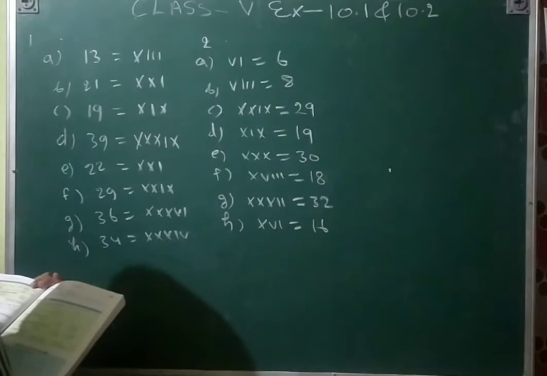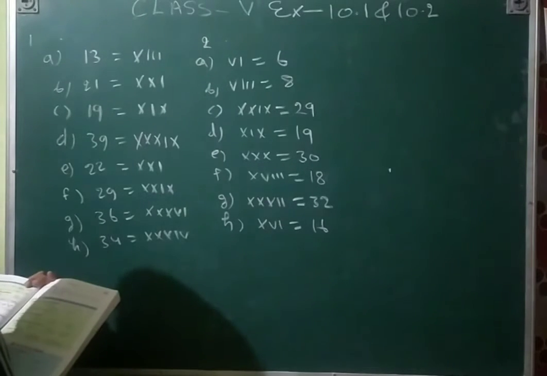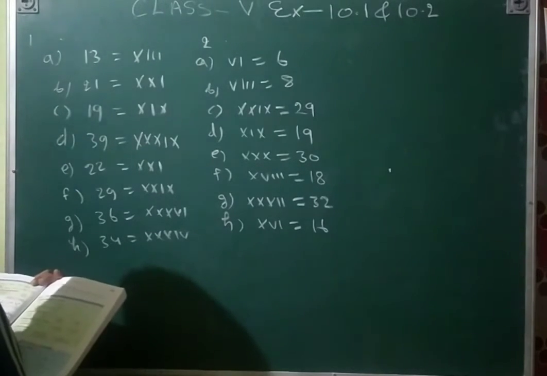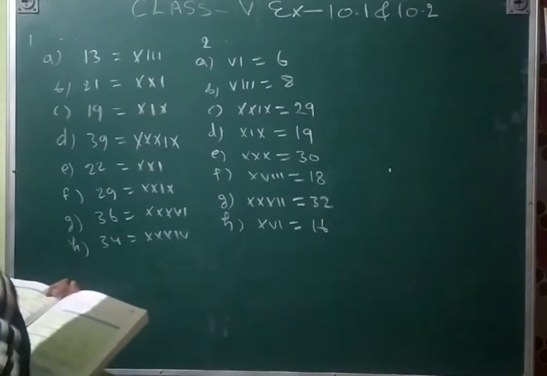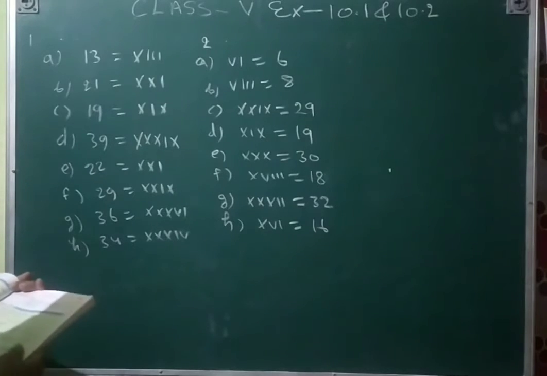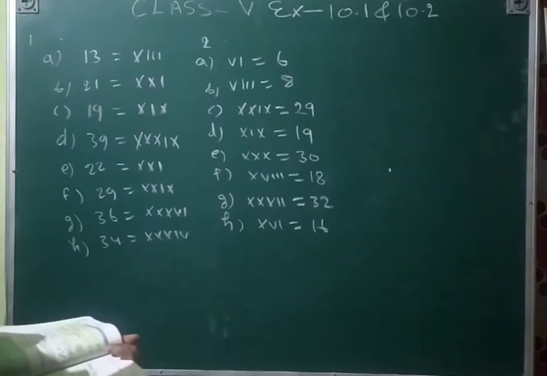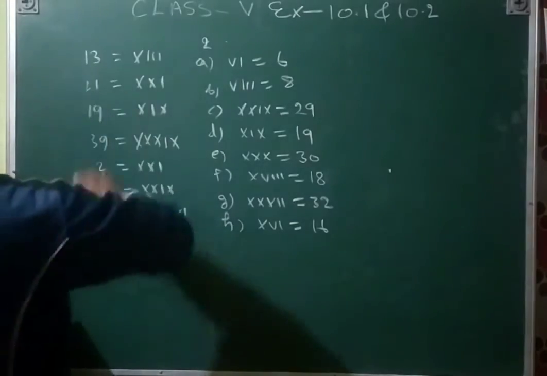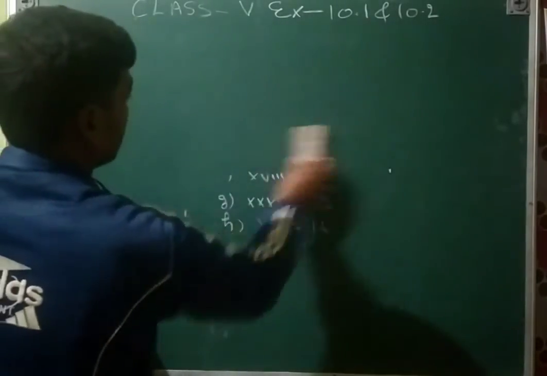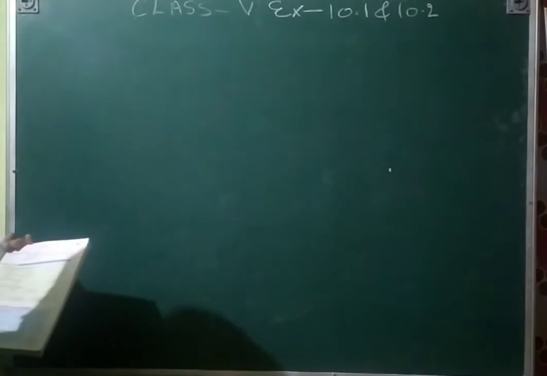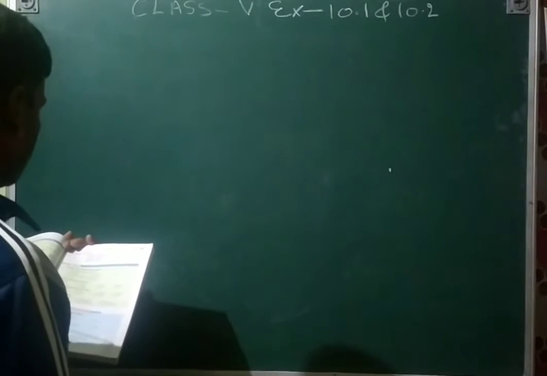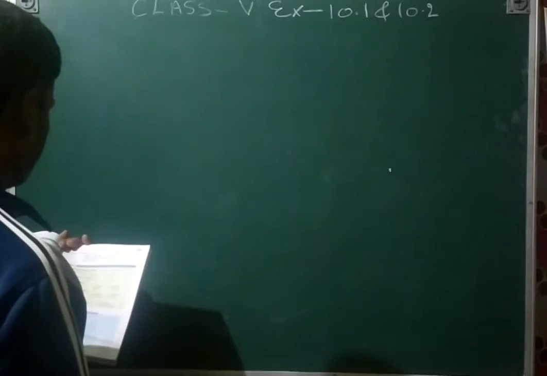In the first box, that is 20 plus 8, 28, yes, right. B, that is 30 plus 4, that is wrong. C, that is 20 plus 6, right, and D, that is 30, wrong. It means A and C are right and B and D are wrong. So the next exercise will be 10.2, that is MCQ. Roman number of 27 is 20 plus 7.